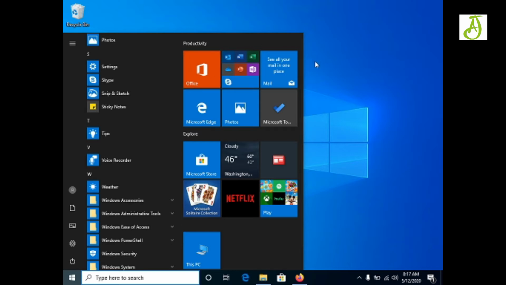Then we have the third section where multiple apps are put in one group.